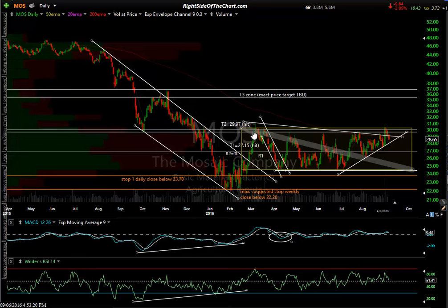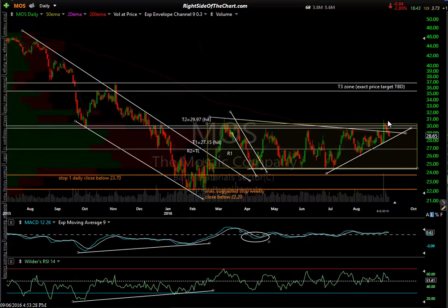Remember, I pulled the trade early at T1. I'm sorry, at T2. And this will be the next price target. And I'll follow up if and when we make a sustained breakout. There was one little whipsaw signal, but you see why I like to trade off using daily closes on daily